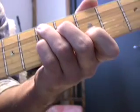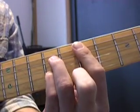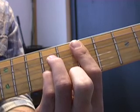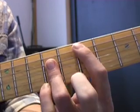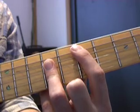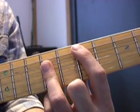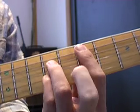Now there's another very common way to play an E7, which is up here. This one's just a kind of an A-shaped bar chord. There would be your regular E chord, your bar chord. Notice I'm tucking that finger away so you get a good view. You wouldn't normally play it like that. So that would be your regular E chord. Now E7